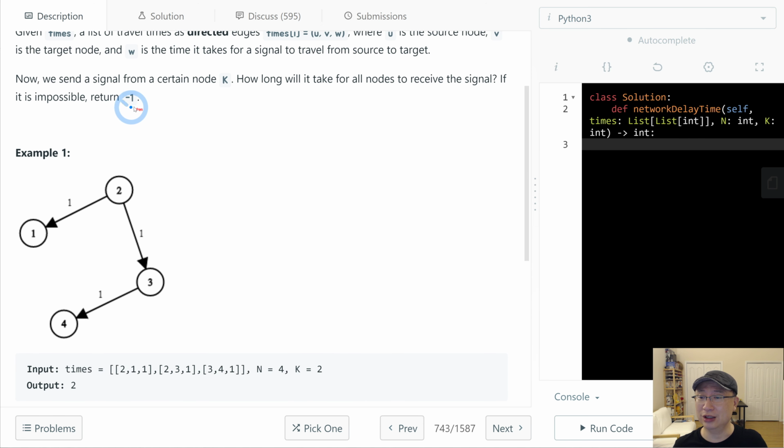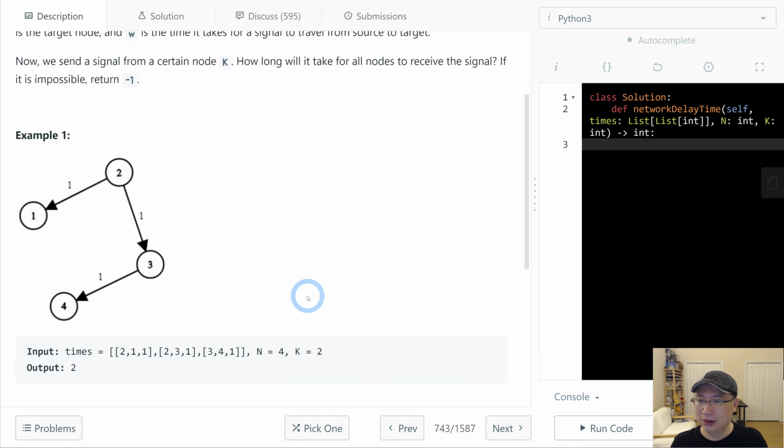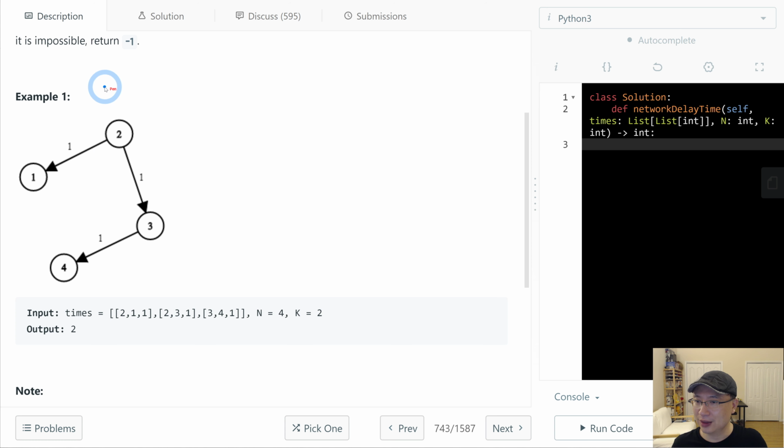What is the case of returning -1? Yes, that's right. There is another node 5, and this node does not have any edge. At that time, the signal cannot go into this one, so we need to return -1. Okay,